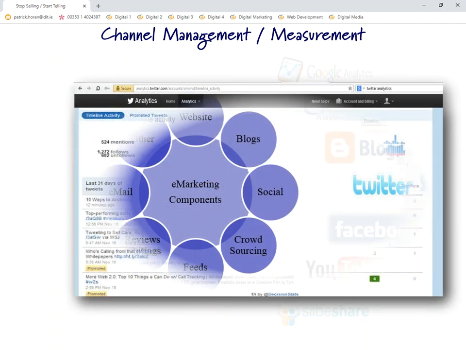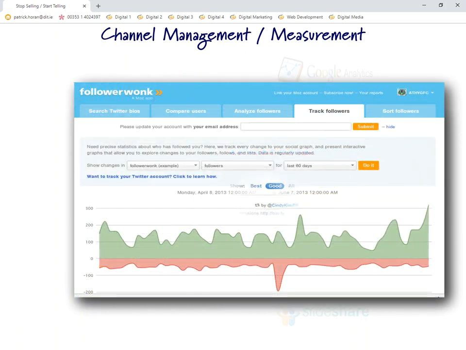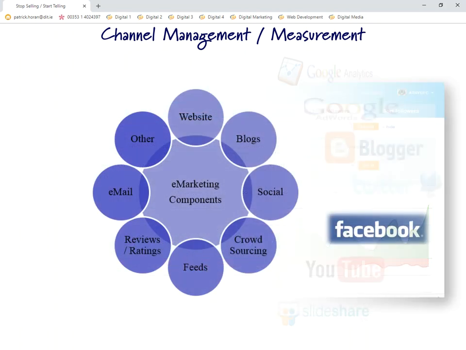Then you've got Twitter and Twitter Analytics. Twitter Analytics does exactly the same for Twitter as Google Analytics does for a website. Again, we can learn an awful lot. We can see what we're doing right, what we're doing wrong, and what kind of things we're dealing with in the Twitter environment that we could improve on. Maybe we can figure out that certain things work with certain target markets and certain things don't, and you can work out what's good and what's bad. So there's lots of stuff in there.